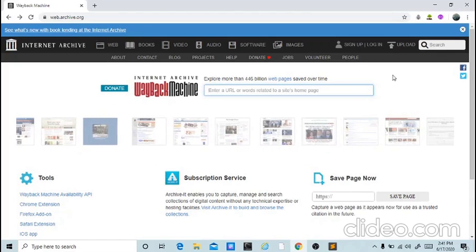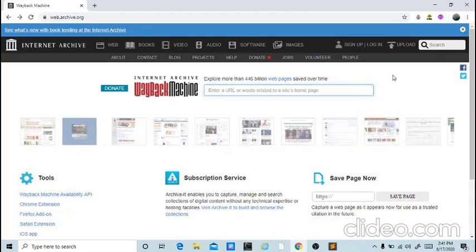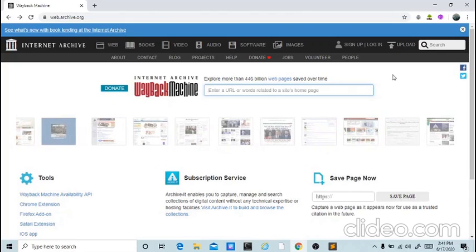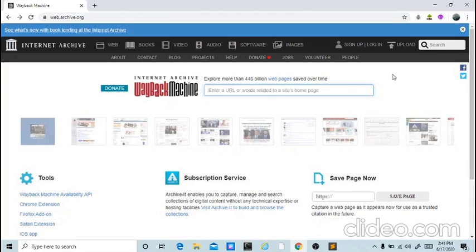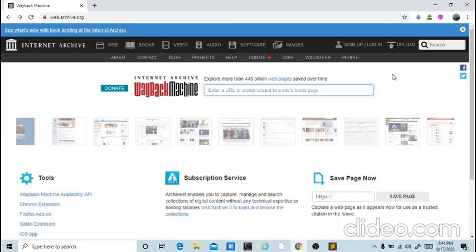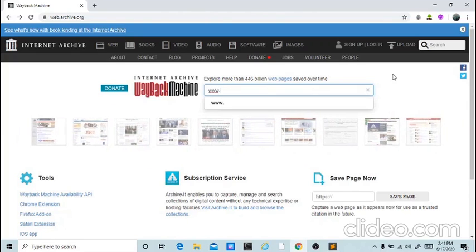Today we're gonna create a personal website using pure HTML. You can see this Wayback Machine. This works like a time machine. We can search any website here, and we can see how it looked in the past,